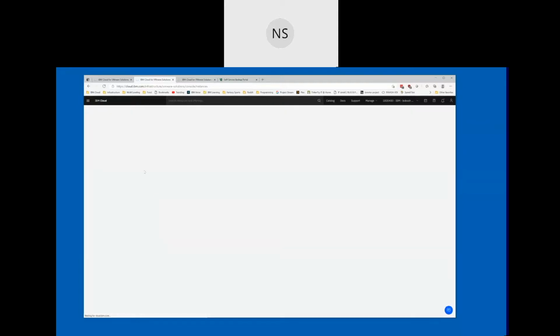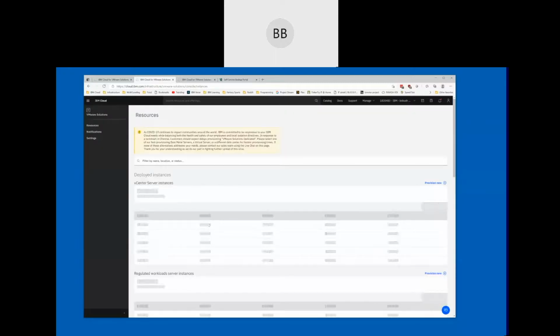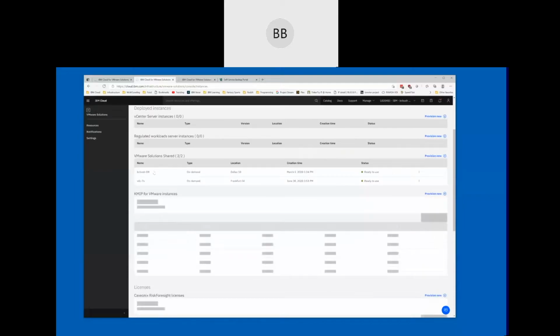And then here, this will list out all the different dedicated and VMware shared instances that you have. And then once you select it and